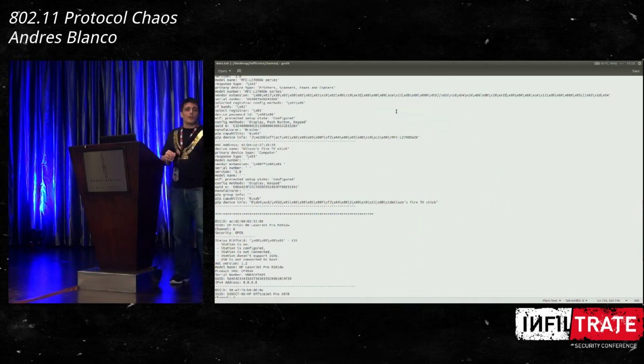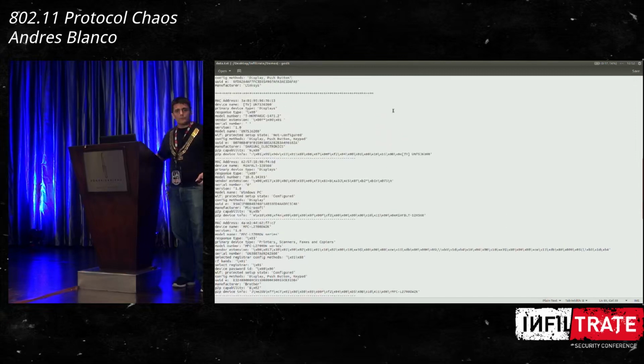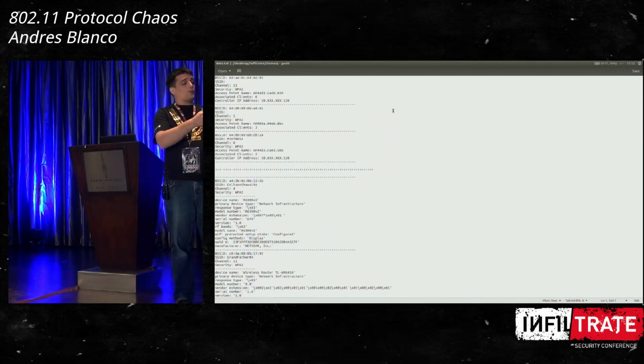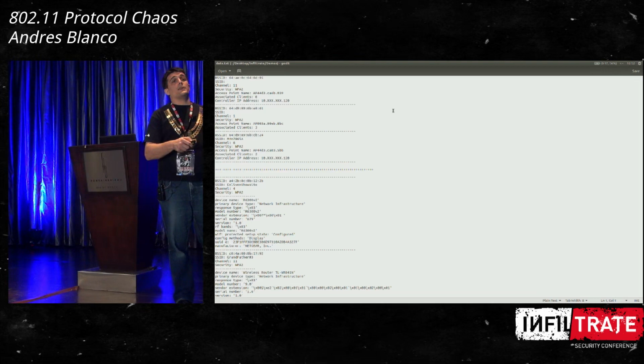So here, the first ones are CCX devices. Here I found, near the hotel, some Cisco devices that again are protected using WPA2. They are not broadcasting the SSID, so I don't know the name of the network, but they have a particular access point name that we can see below.